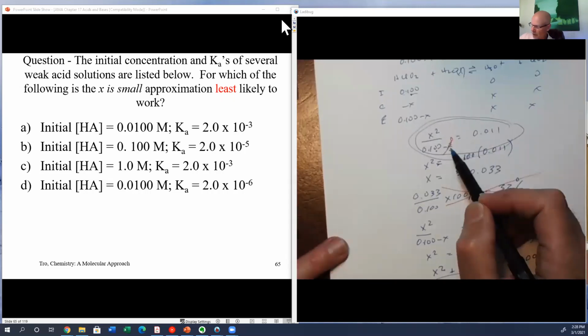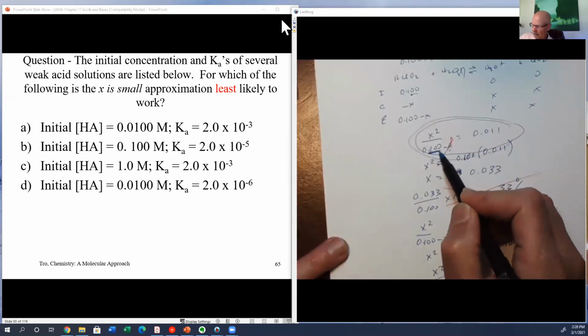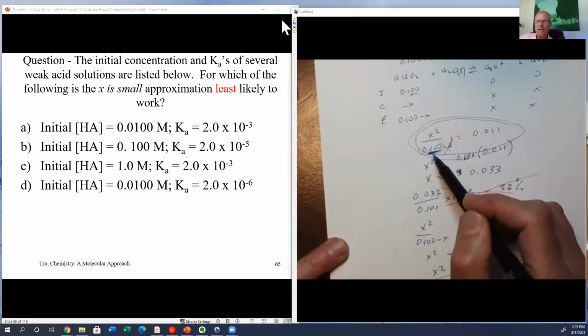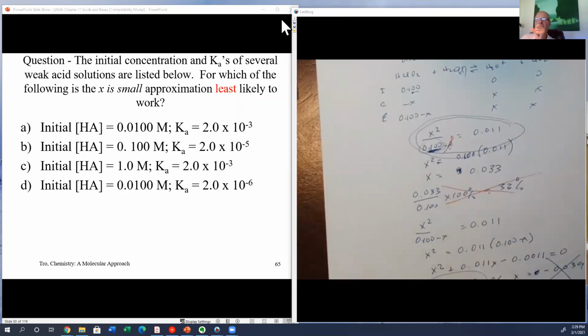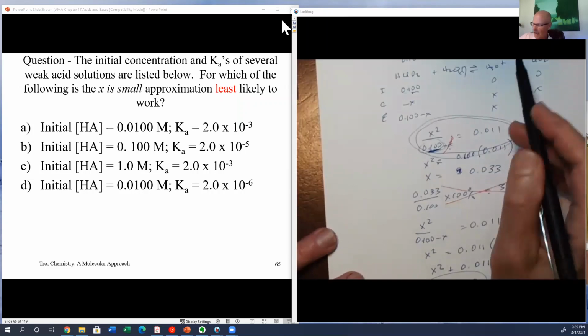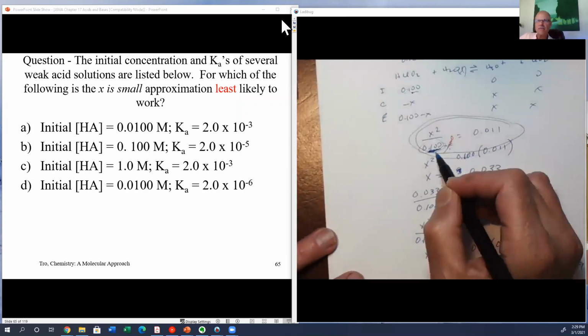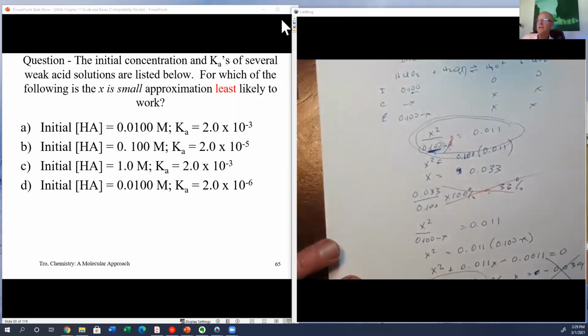So the other thing you've got to compare is this initial concentration. And in order for the x is small approximation to work, you want a big initial concentration, right? So you've got to look at both of the things. You've got to look at the weight of the penny, which is determined by K, and the weight of the thing you're subtracting it from, which is determined by that initial concentration. Okay? So given that,